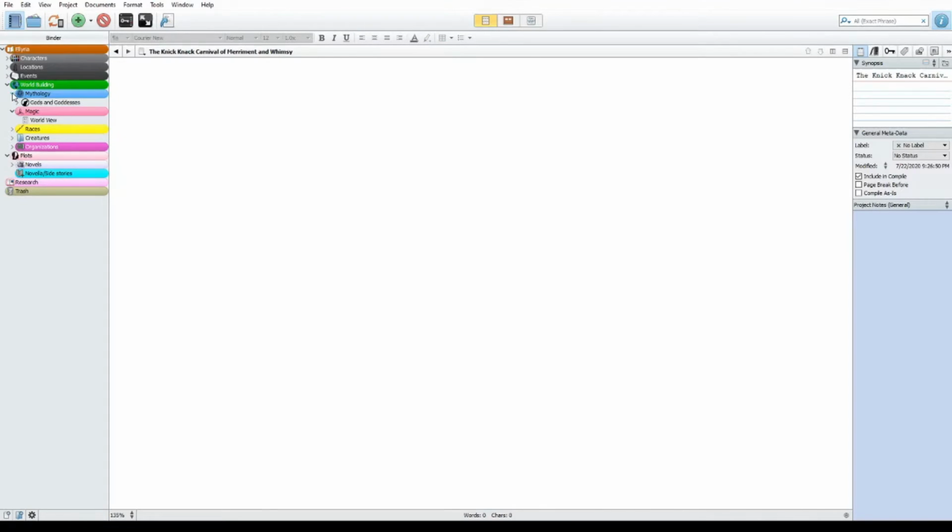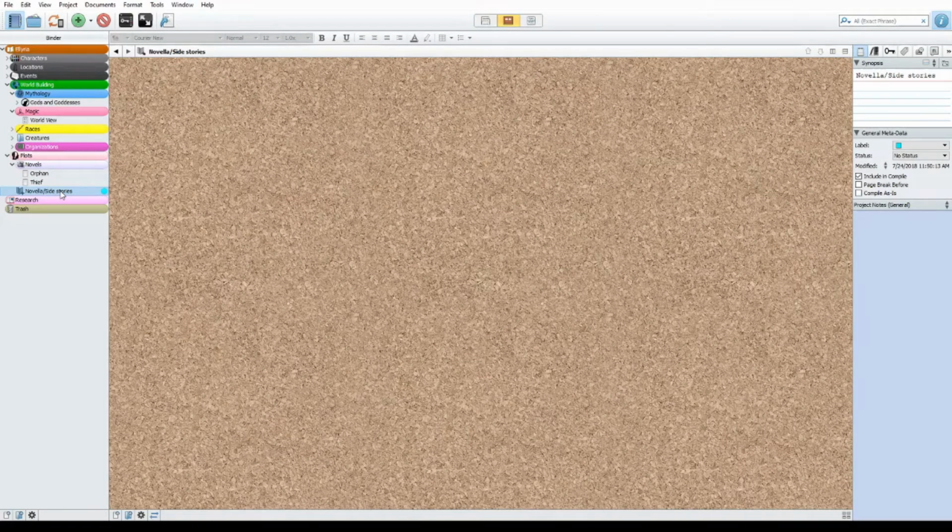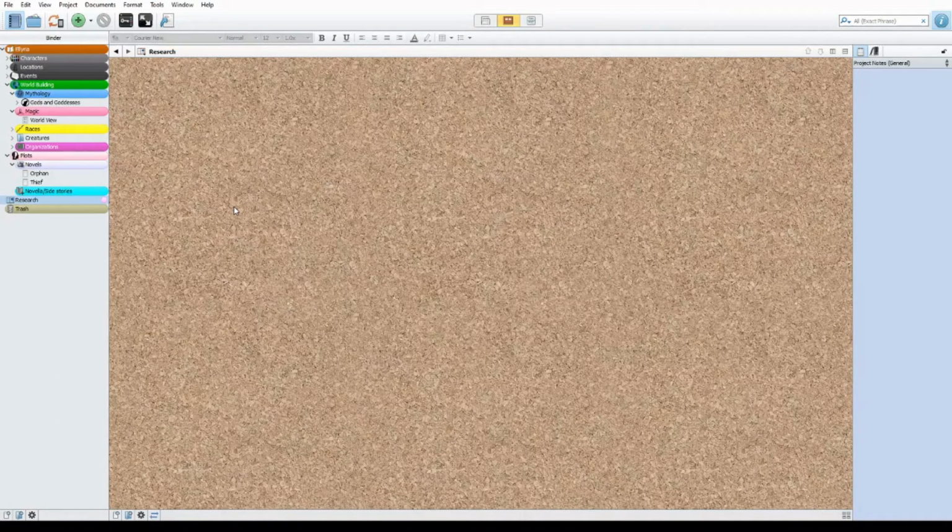And then also in my story Bible, I keep track of the plot. These are the 2 novels that I know of that will be in the series. There will be more. We have maybe if there are novellas or side stories. This is a carryover from my Children of Remus story Bible, because there are side stories and novellas that I have planned for that series. Then I have a section for anything that I might need to research that I can put in here. And everything is just nice and neat and organized and pretty